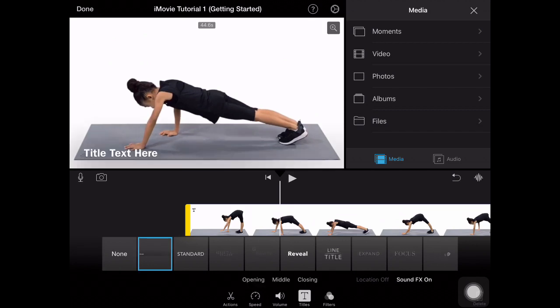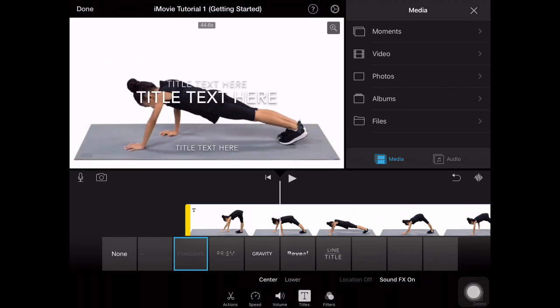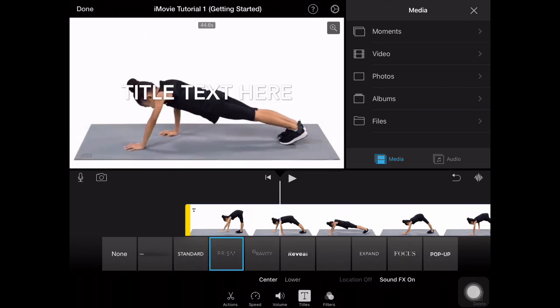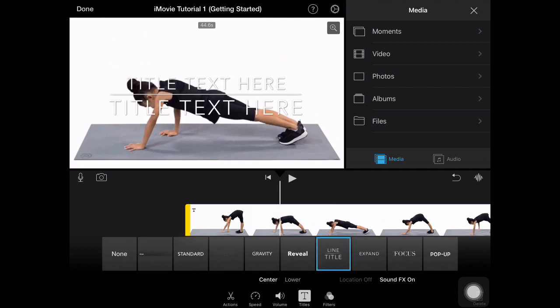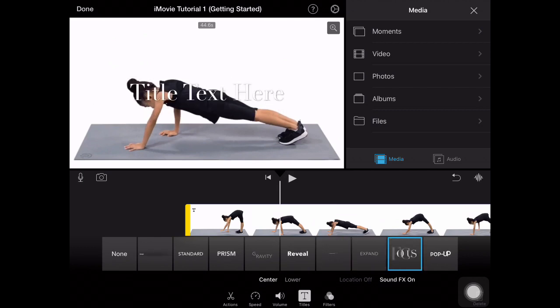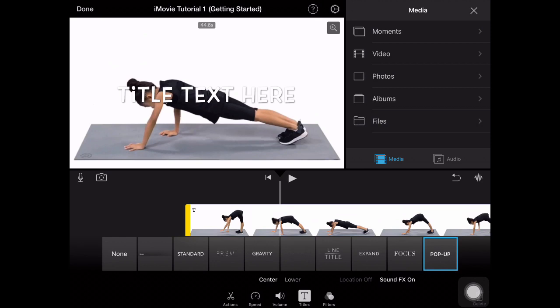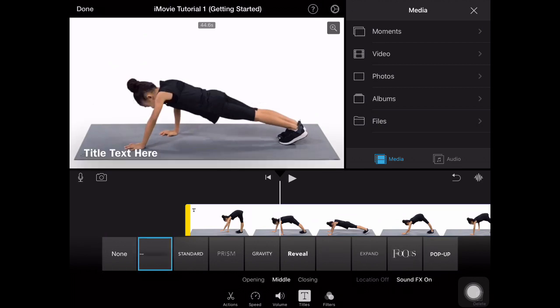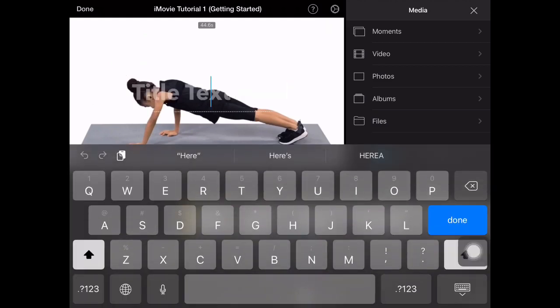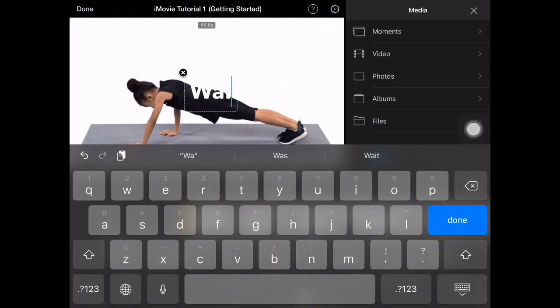You have just a basic simple one on the bottom left, standard, prism, gravity, and I love how it shows you a little bit of a sample of what it's going to look like when you click on the box on the bottom. So you have all these different options that you can use in order to put some text on top of your videos. Now, let's say I just want to do a reveal, and I want to put the name of the exercise, walk